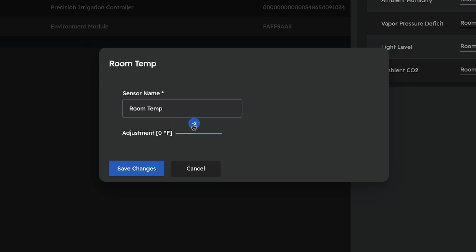In this case, it's reading off by a couple of degrees, so we're going to offset it by -3 just to make it match up with a third-party handheld that we have. Once you've made that adjustment, hit Save Changes,